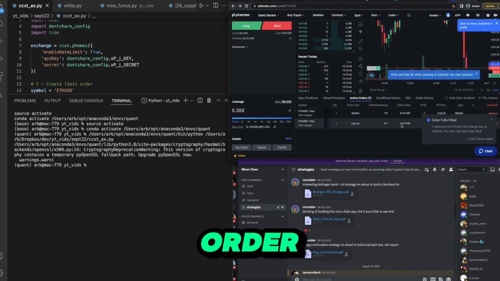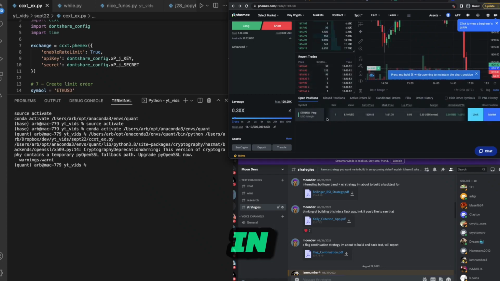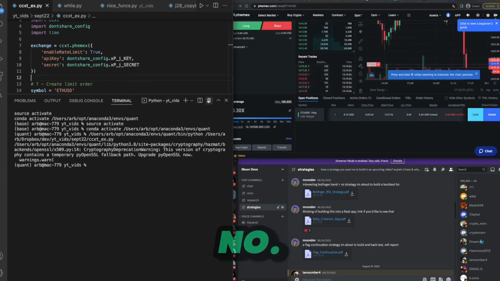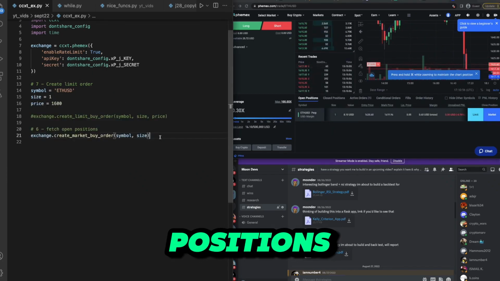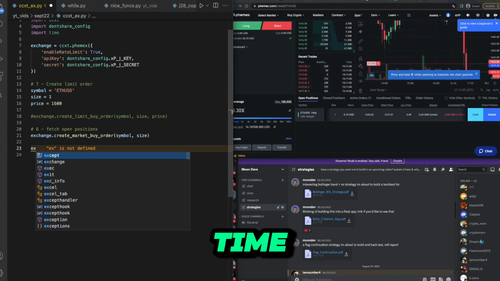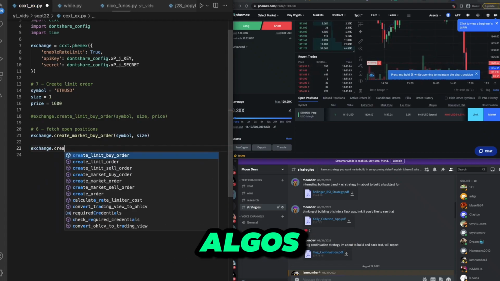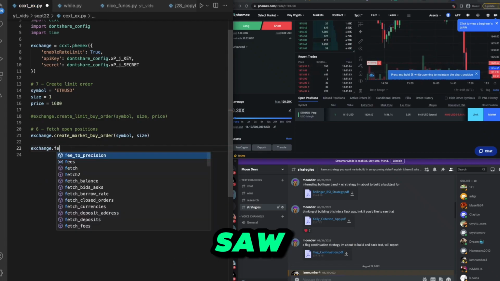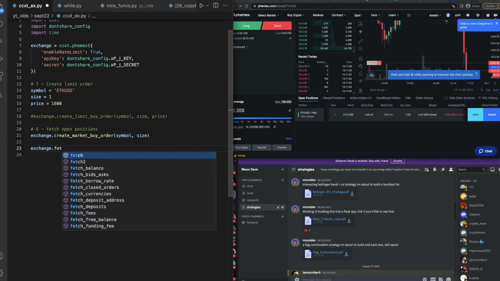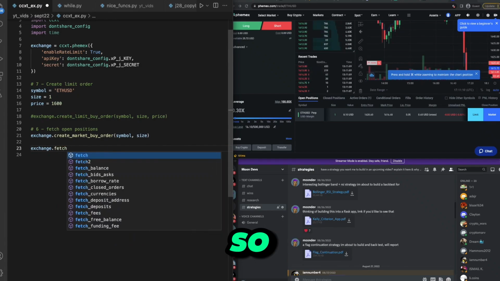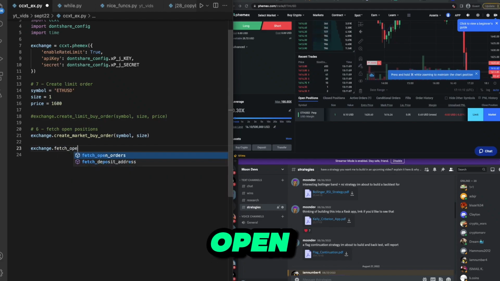You can see order fully filled. So I'm in a position. So I want to show you number 6, which is fetch open positions. To fetch the open positions, which you'll need all the time, like I use this all the time. I essentially looked through all my algos and saw what was the most important, what I use all the time. So fetch open